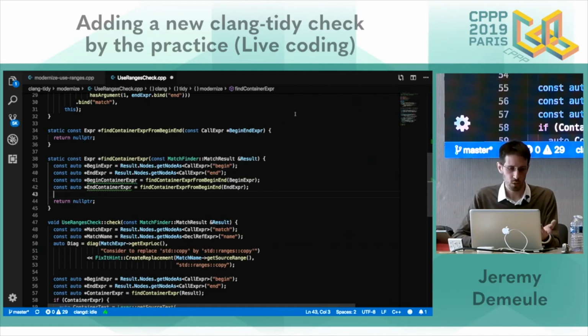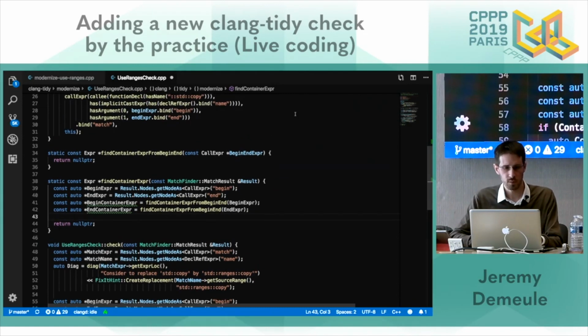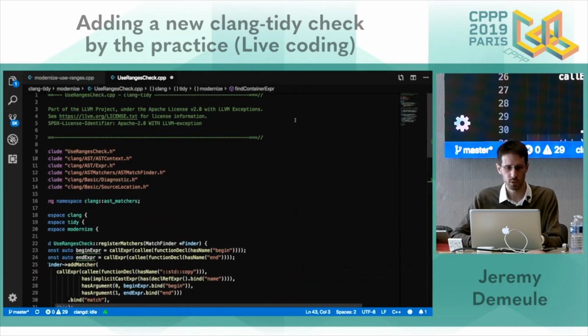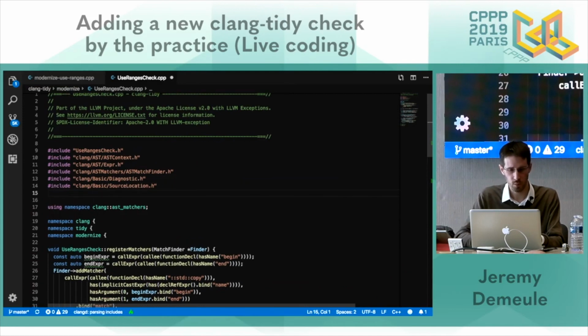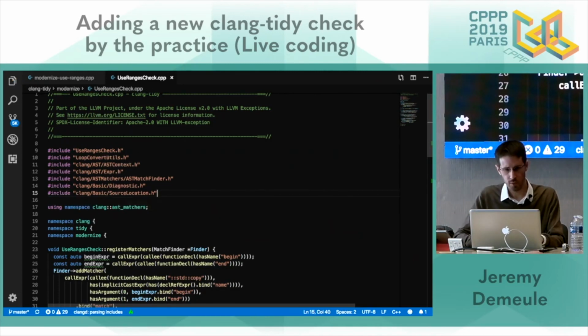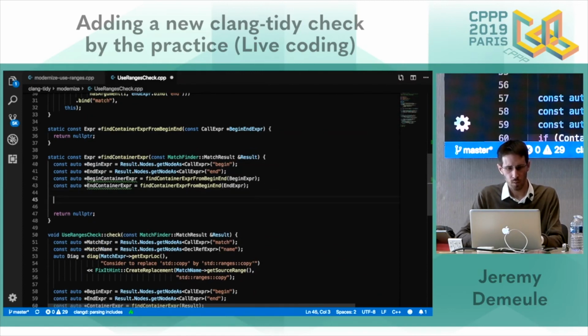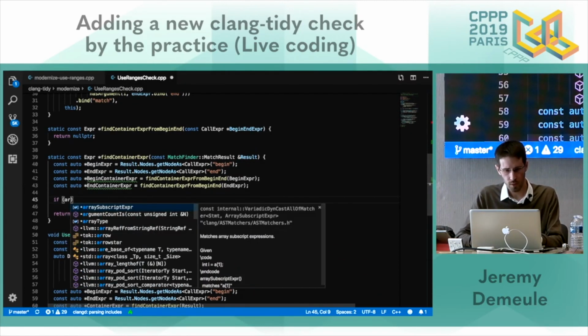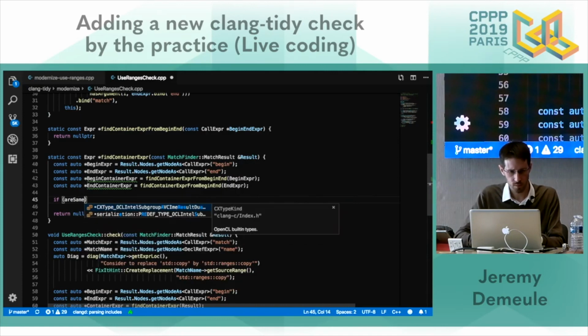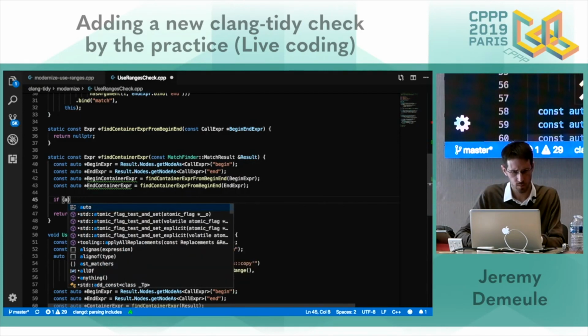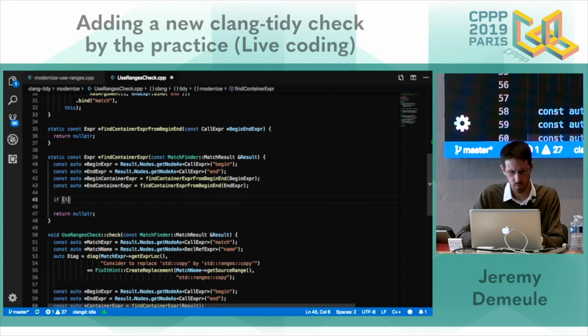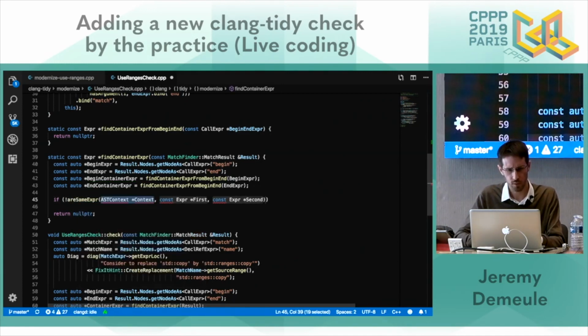We are quite lucky. There are other tidy checks. We are doing exactly the same things during the loop transformations. So let me add some helper functions from the loop convert utils. And now I'm able to do if are same expressions.